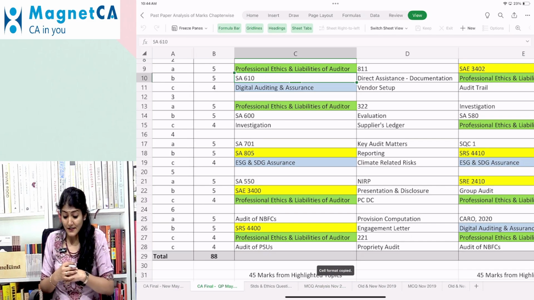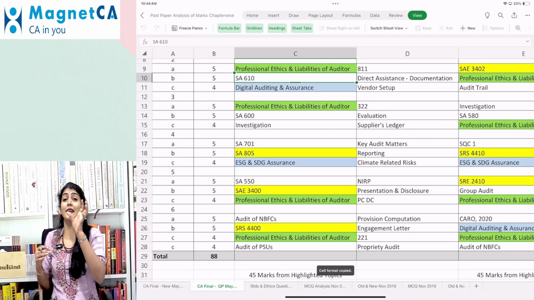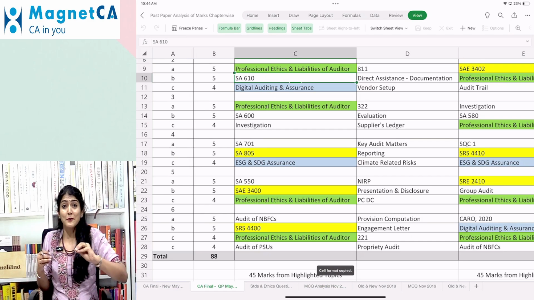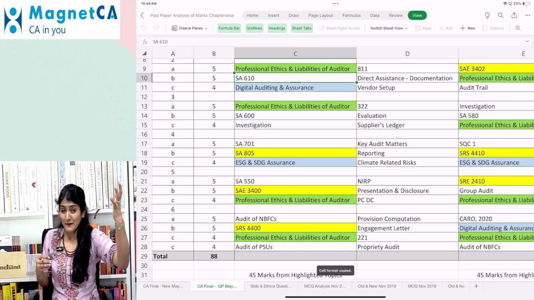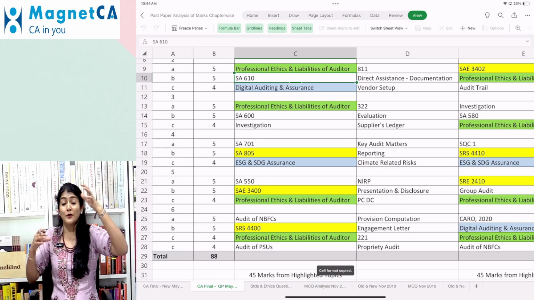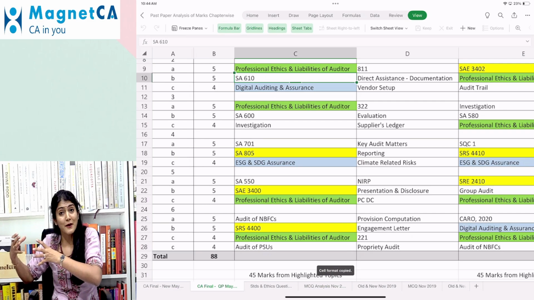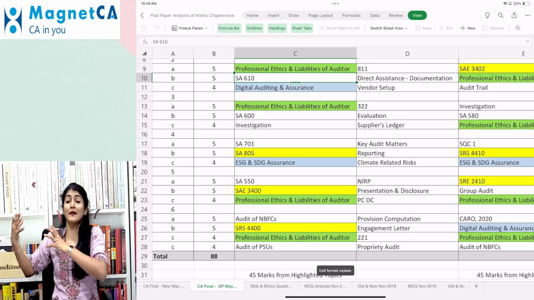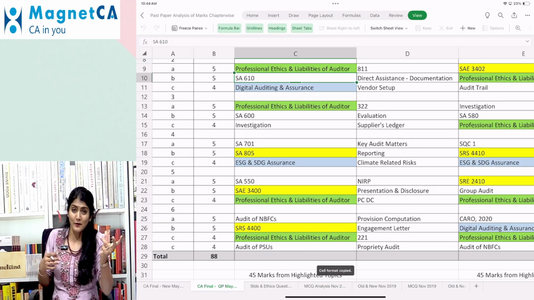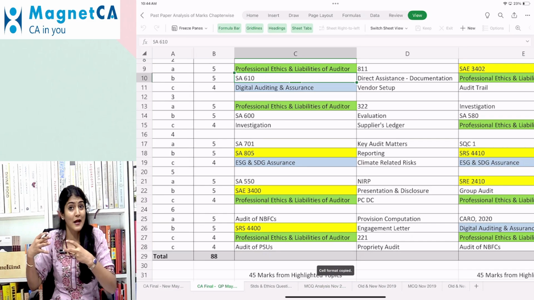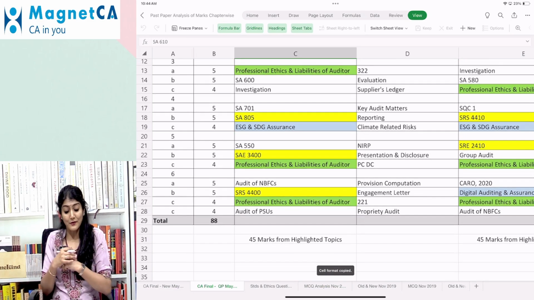Right, then ESG, SDG assurance, that is your emerging areas. They've asked a question regarding climate-related risks. When you are the statutory auditor, you understand the entity and its environment. So as a part of your understanding, you also understand the climate-related risks. You may also mention those in the audit report and also consider the other information. So, the role of the auditor in relation to climate-related risks.